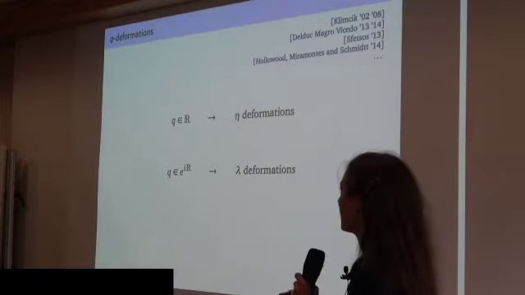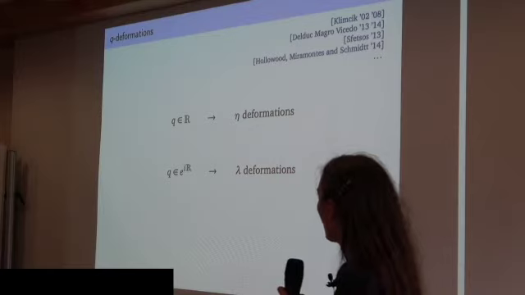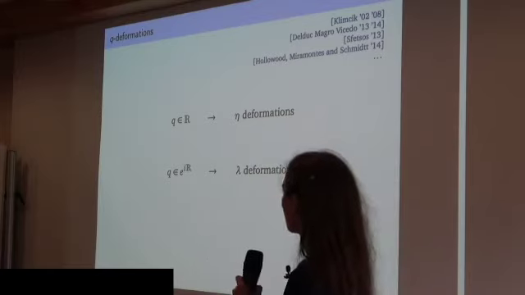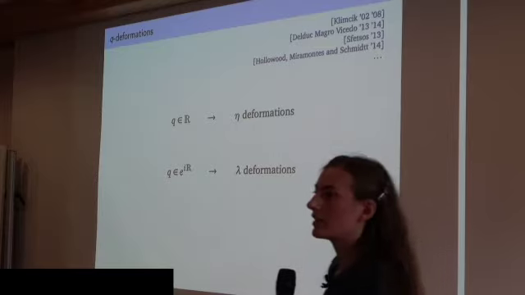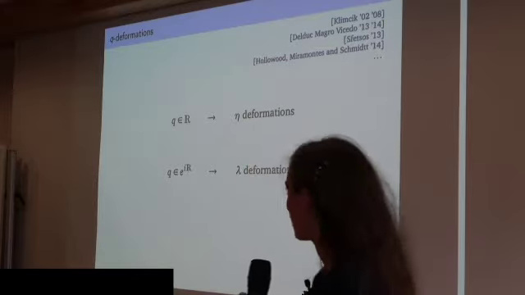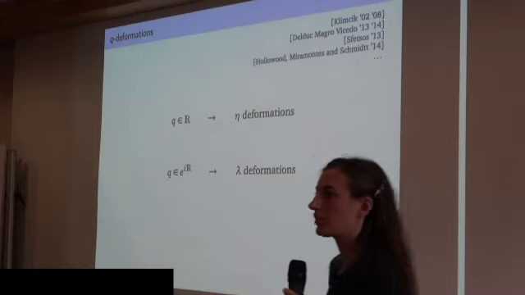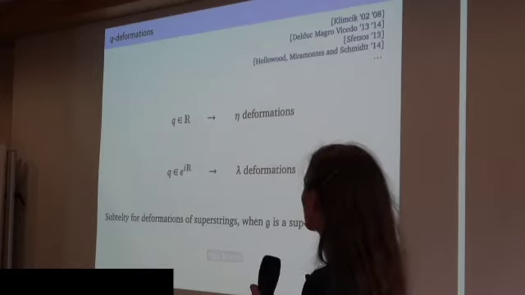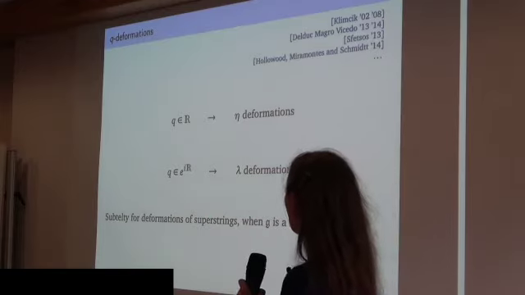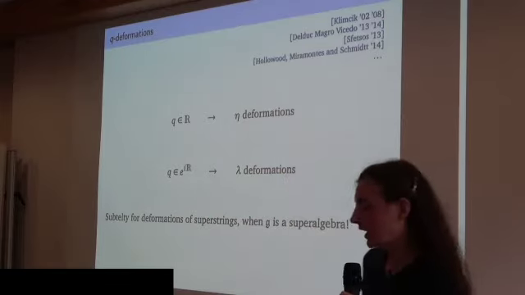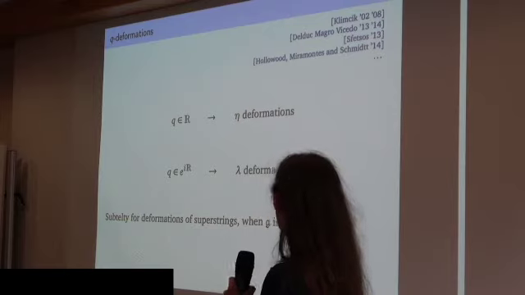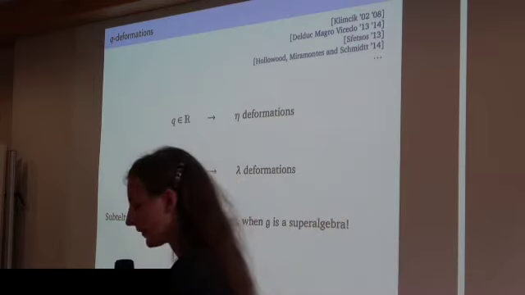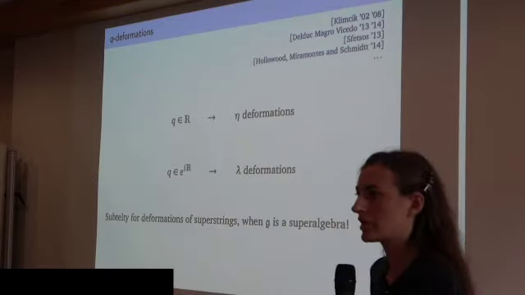So these are the symmetries, or the conjectured symmetries, of the ETH deformations. However, when you consider ETH deformations of superstrings, you have a subtlety because you actually consider quantum supergroups, because G is a superalgebra. And as you may have noticed, both the Drinfeld R matrix that appears in the ETH deformation, as